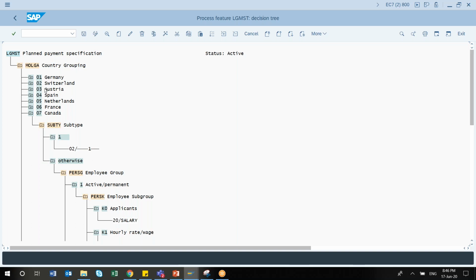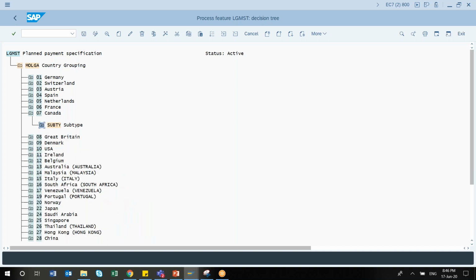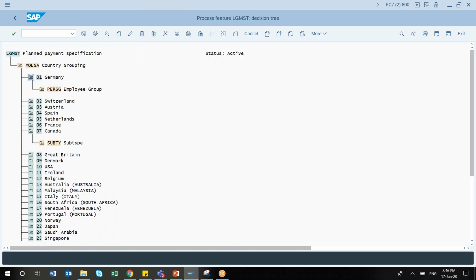But SAP has given all this functionality keeping all kinds of industry in mind, because SAP caters to more than 25 industries across the globe. For that reason they have given all this functionality. It is up to you how you are going to use it, but you have to understand how, why and where exactly it is used. It's not mandatory that you have to use it just because SAP has given it. Whenever it is required, or whenever there is a client requirement, then you can use it. So that is your understanding of feature.